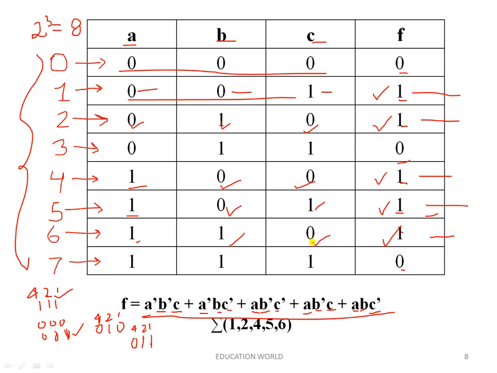So we have written a canonical sum of product in which all the variables a b c, all three variables, are contained in each combination. Then if we see the sigma symbol, this sigma means a sum of product. This is the symbol to represent canonical sum of product. If we see where it is 1, at 1 2 4 6, we have written the canonical sum of product expression.